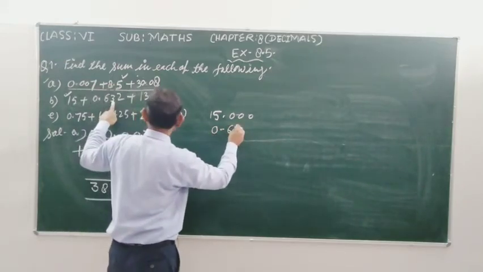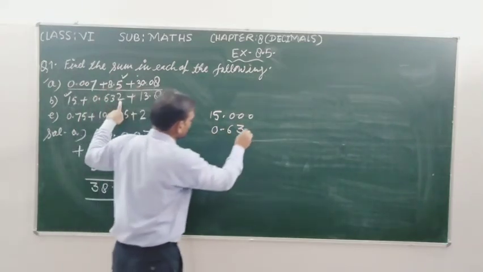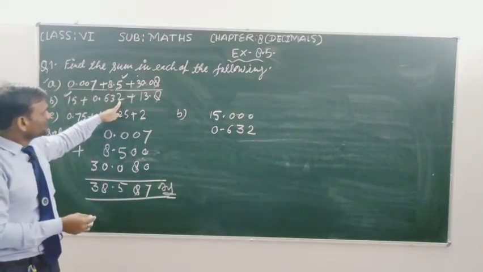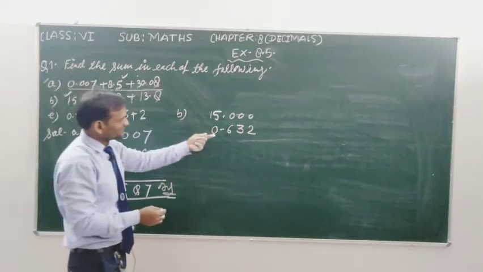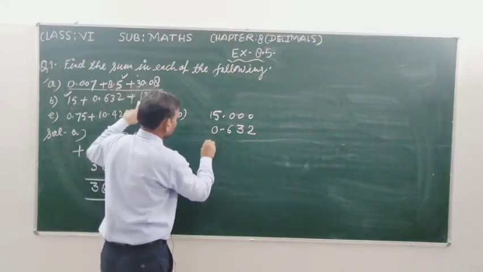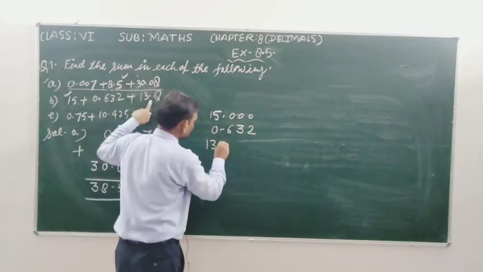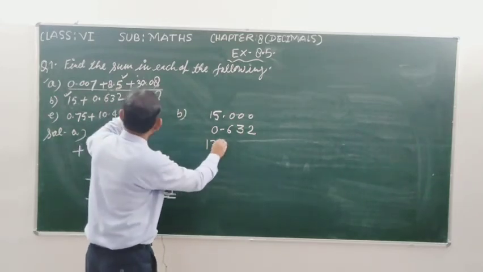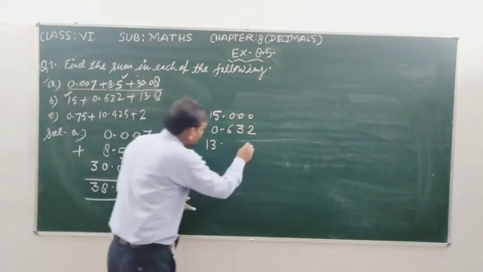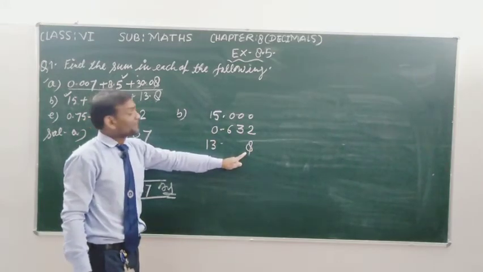3 is hundredths, so we write 3 below hundredths, and 2 belongs to the thousandths place, so we write 2 below the thousandths. Now I add the third decimal number in this number, that is 13. So 1 is tens and 3 is ones. We write below the decimal, we use the decimal point. And 8. Maximum students write 8 at the last